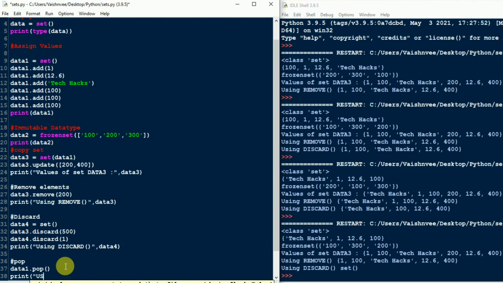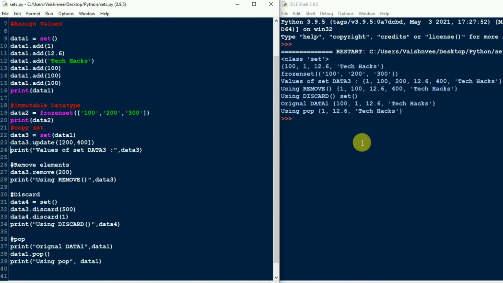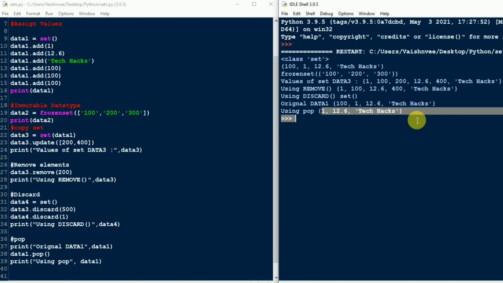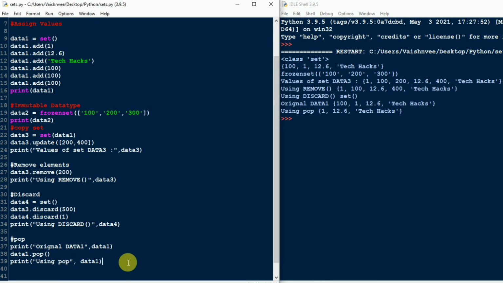So here I will write using pop, and I will print data1. Save the file and run the program. As you can see here, this is my original data1 set, and after performing the pop operation, this is my changed set. So as you can see here, from my list 100 got randomly deleted from my set. So in this way you can make use of the pop function whenever you want to remove any random element from the set.